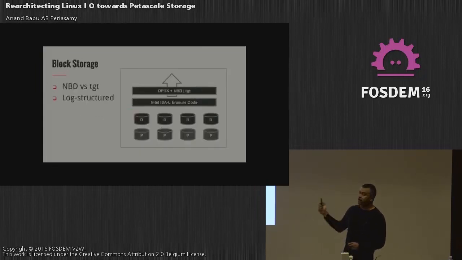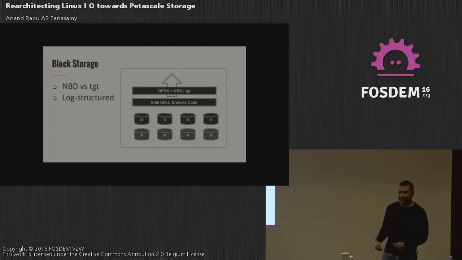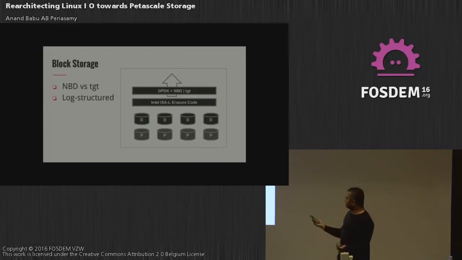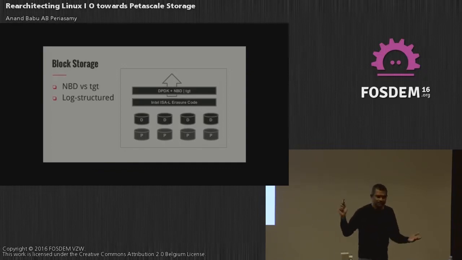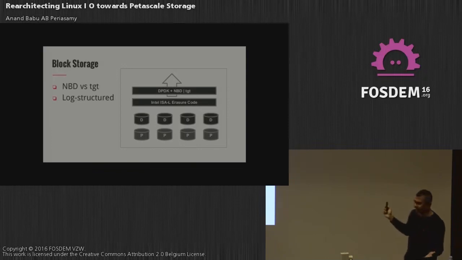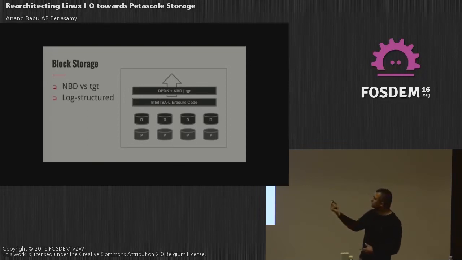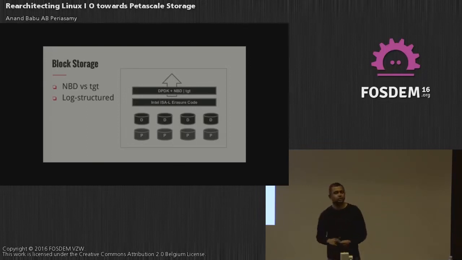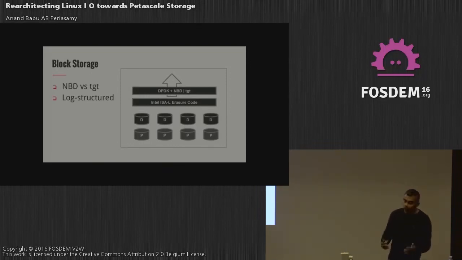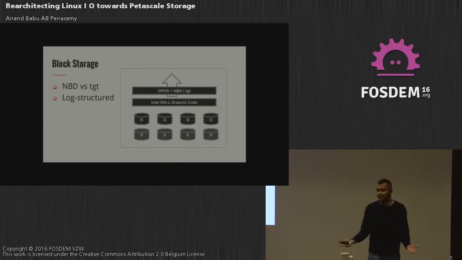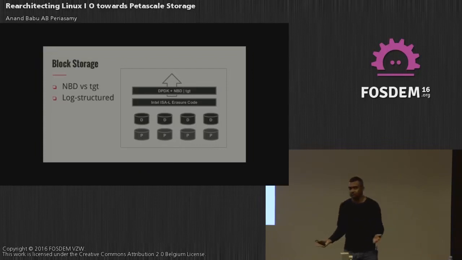The same thing goes for block storage. In block storage, again, I would stick to a standard NBD, or TGT if you want SCSI, but for the most part, if it's your own client, NBD is already supported in most environments, so stick to NBD. And at the back end, whoever gets into this space ends up implementing their own log-structured file system, and it is pretty hard. But if you want a snapshotting-like facility, you have to look at some log-structured file system.